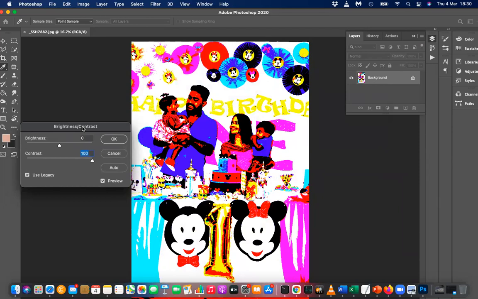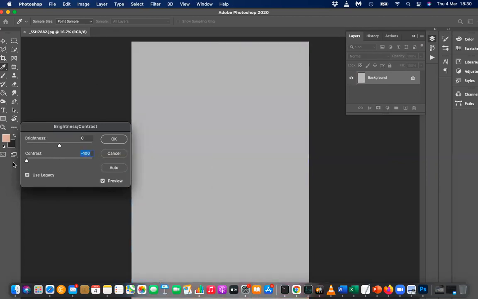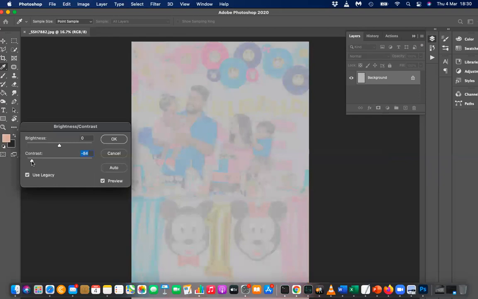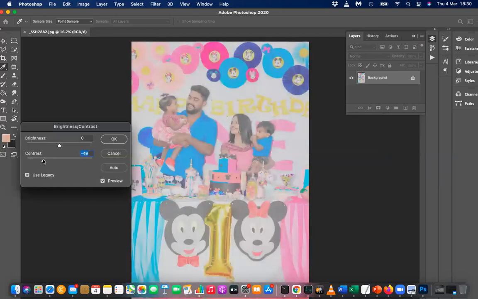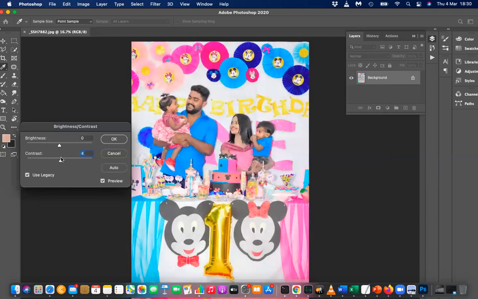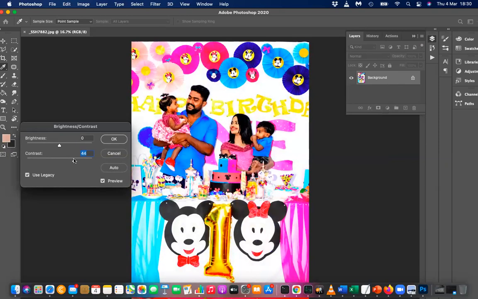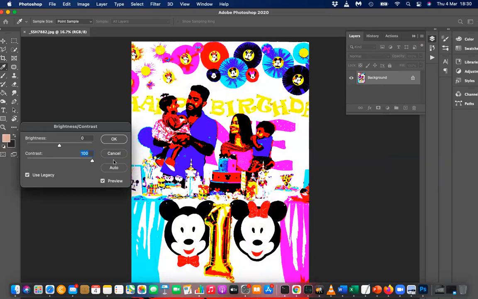So what can you see? Only colors, right? If contrast is too much, this will happen. If contrast is too low, this will happen, so you cannot see the color. It's like faded out. Okay, this is contrast medium. This is contrast normal. This is contrast somewhat high. This is very high contrast. Then you can see the colors only.